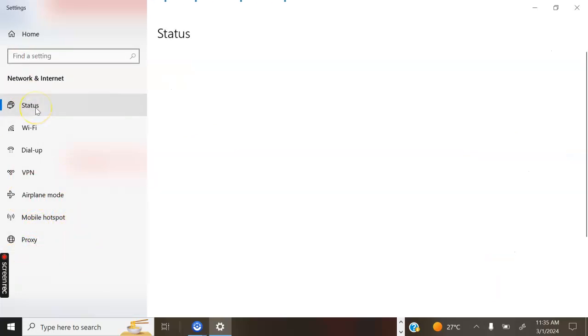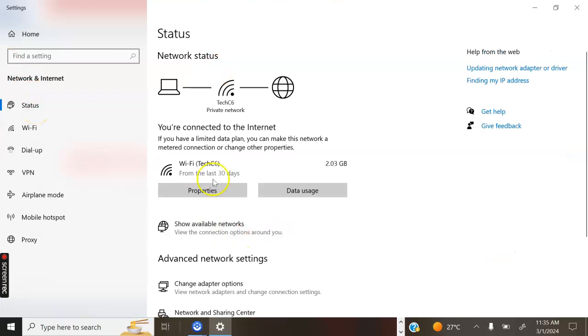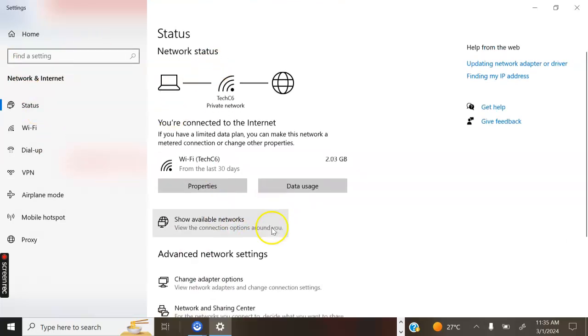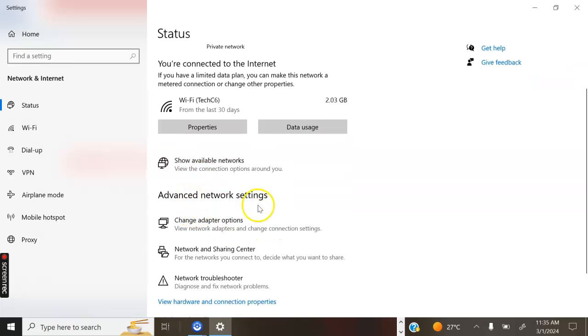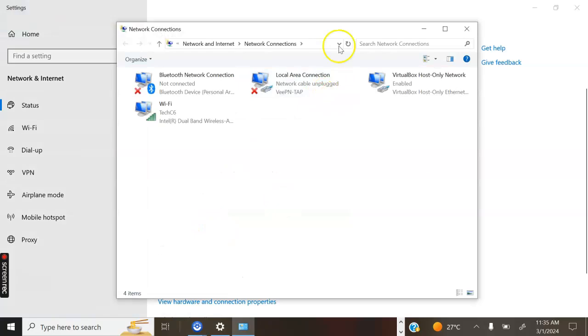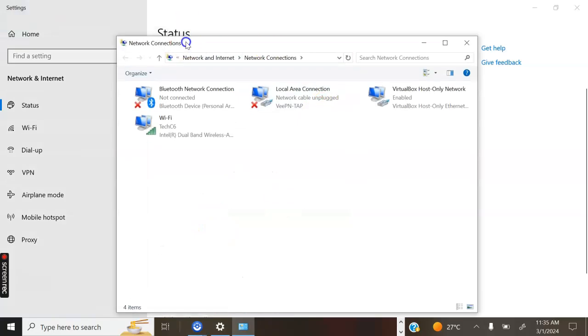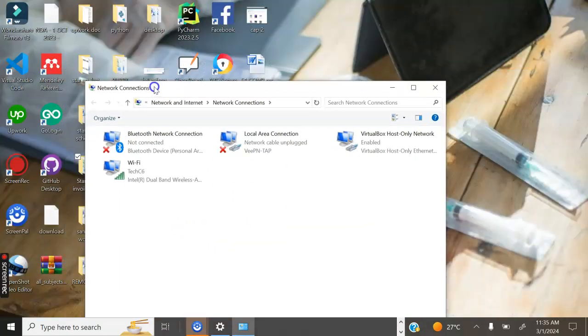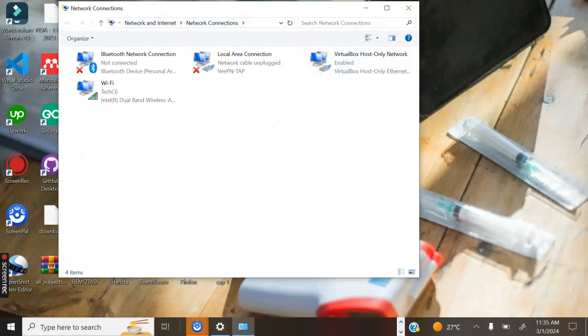So for this one, go to the status. You just click the status. Then on the status section, go to the advanced network setting where we have change adapter option, network sharing center, and the network troubleshooter, among other options. So go specifically to the change the adapter option. Now we will have this dialog, this box appearing whereby we will have